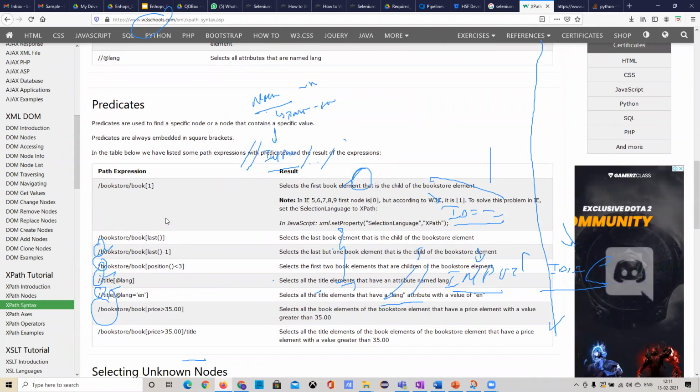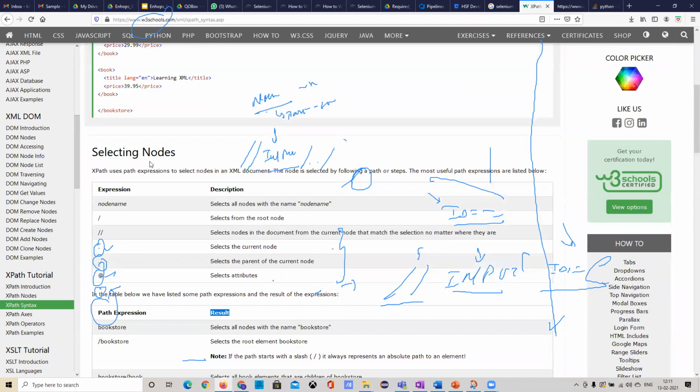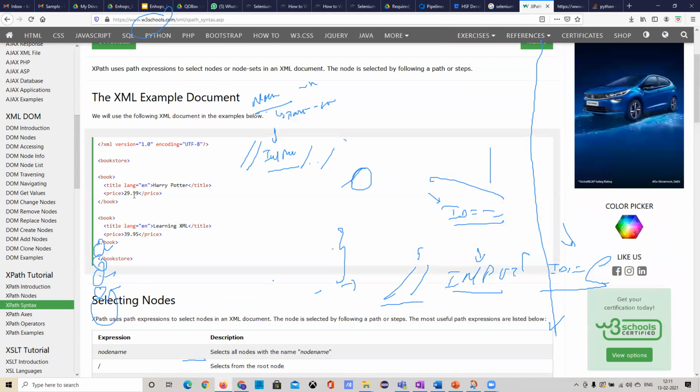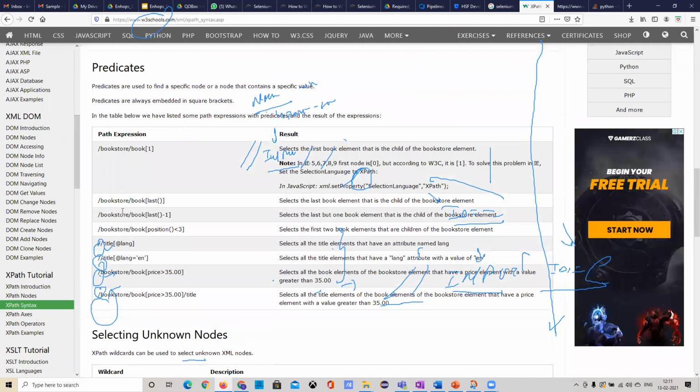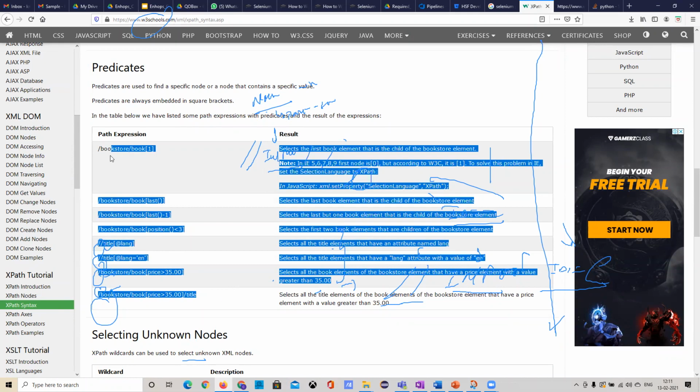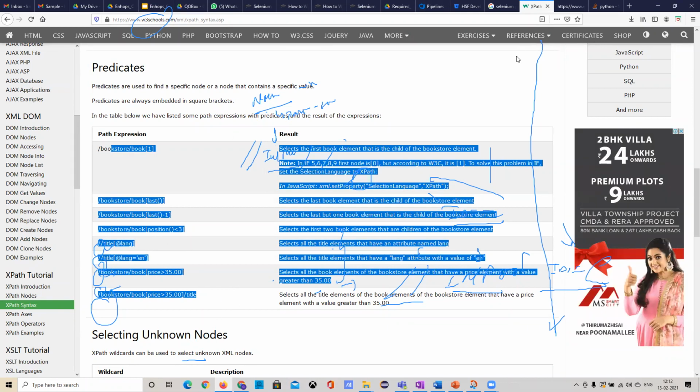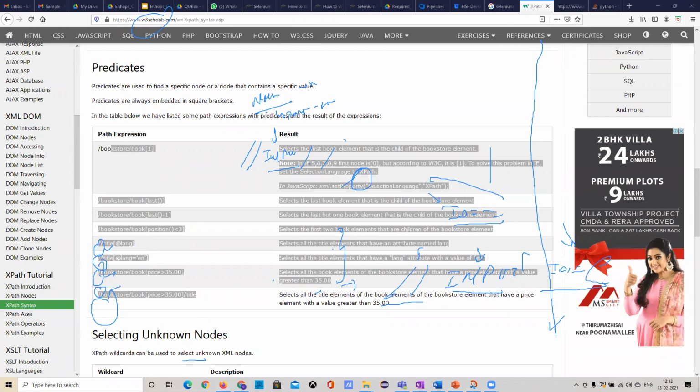And if you understand this, now if you have two books, here we have book one, book two. Now I want to select one of them, so how do I do it? Then I need to use the index. That indexing was given over here, so that it can identify only one particular element. If you want to create relative XPaths, you should definitely go through this document, then you can understand it well. If you don't go through this one, you definitely can't understand it.